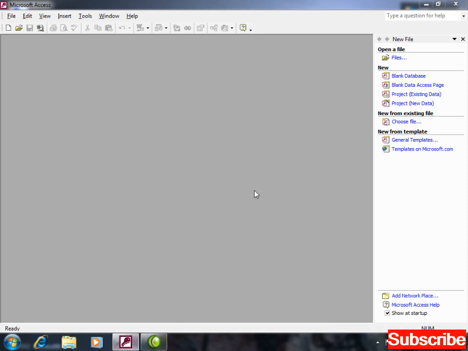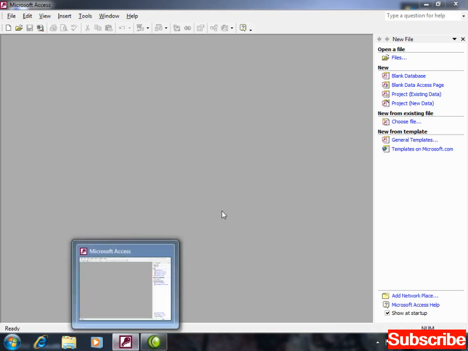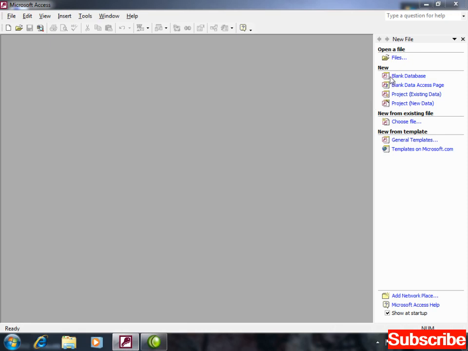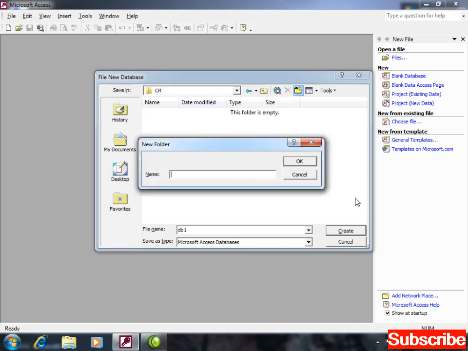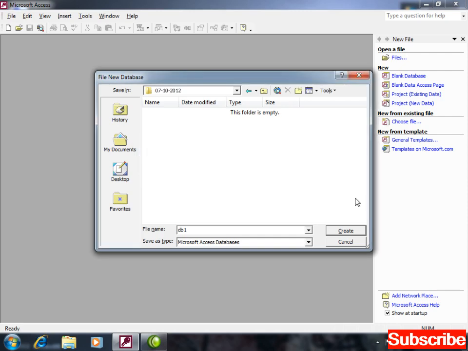First of all, you have to create a database, right? Here MS Access is started, blank database. Now here I created a folder on the desktop, Morning Crystal Report, and a new folder named with today's date, 07-10-2012.